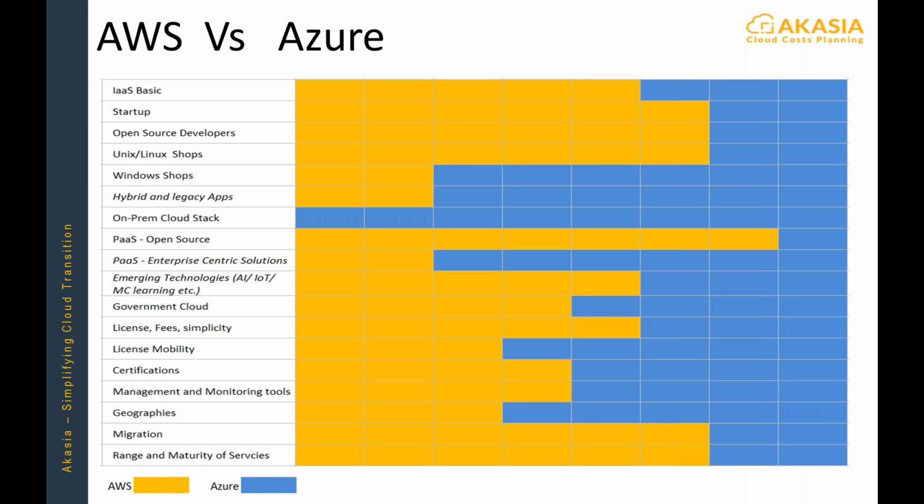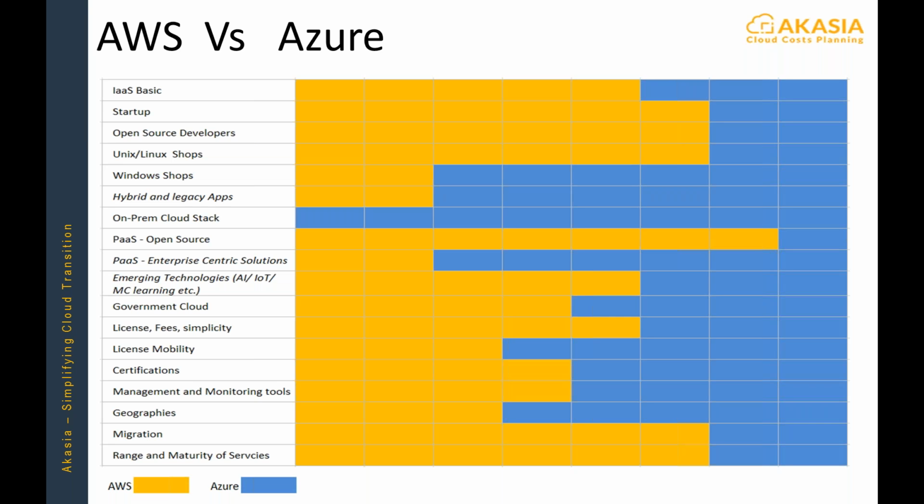All right, so let me describe the slide a little bit first, and then I will dive into it. What I have here is a chart. We developed this chart by looking at the trends that we see within our customer base, where we have hundreds of thousands of systems being modeled for migration to the cloud. We see the trend, and we have interviewed several customers as well. And we do a lot of research, offline and online, to come up with this.